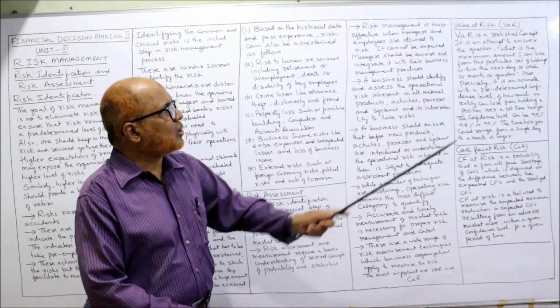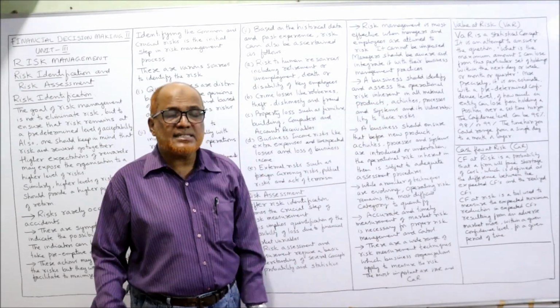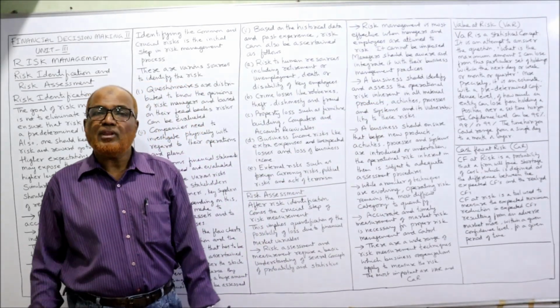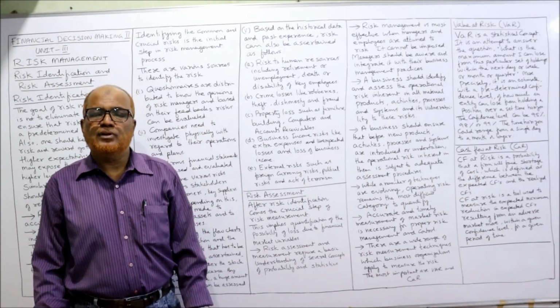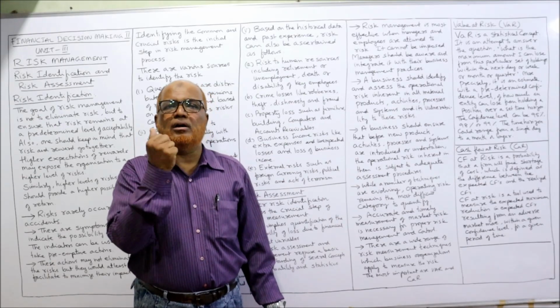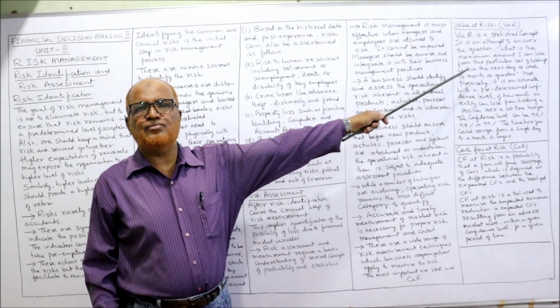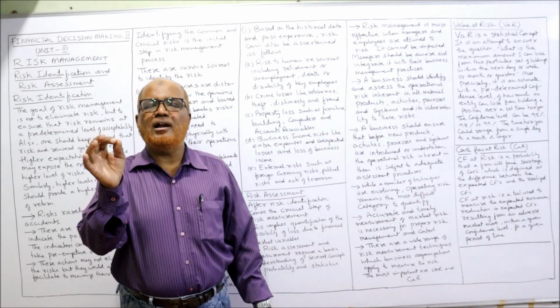VAR is called value at risk. The full form of VAR is value at risk, a statistical concept. A statistical formula is there to calculate VAR. By calculating VAR, we are able to measure the risk. So the risk measuring technique VAR is very widely used